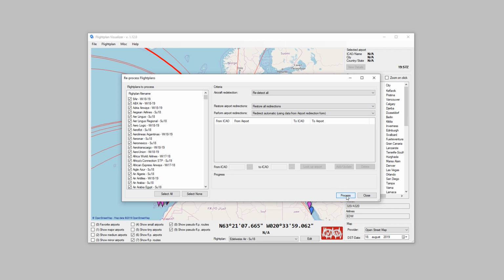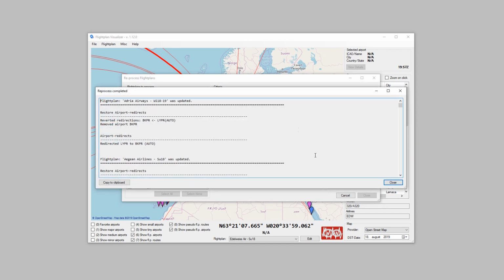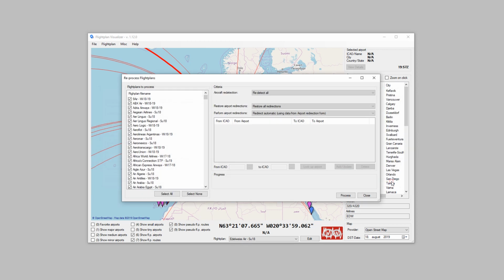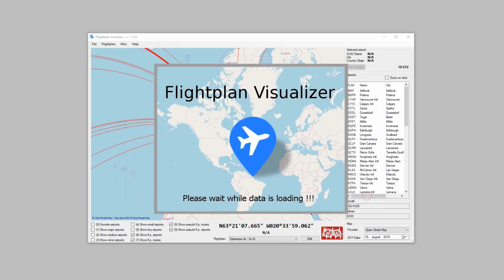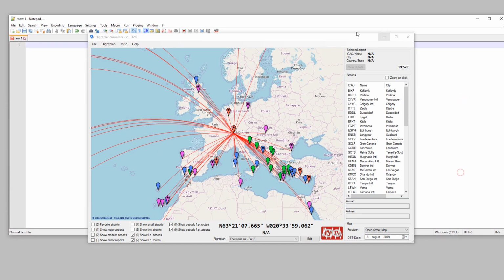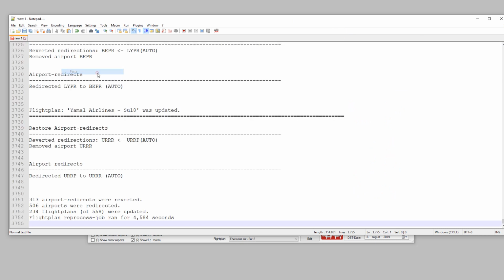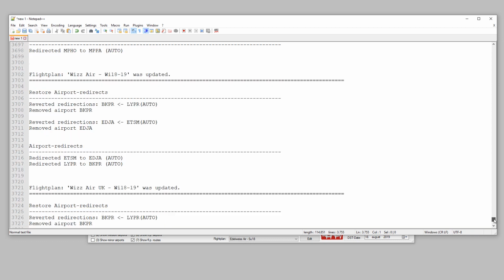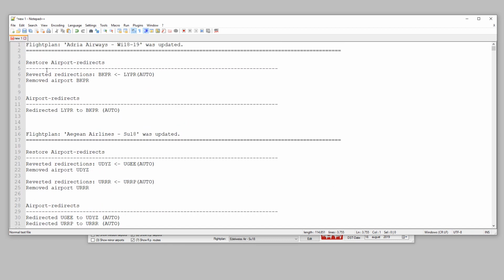But I simply hit the process button, and it goes through all the flight plans and tells me what was changed here. I get a full report. I simply cut it to the clipboard. And I close this form, and I close this one, and it will reload all flight plans. While it's doing that, I can paste the report into this window. And here we can see what was changed during the process. For example,